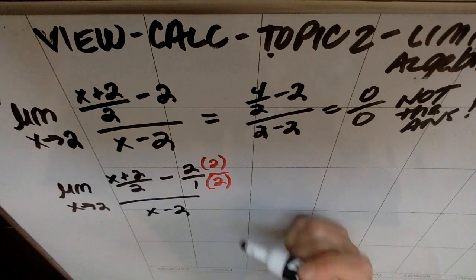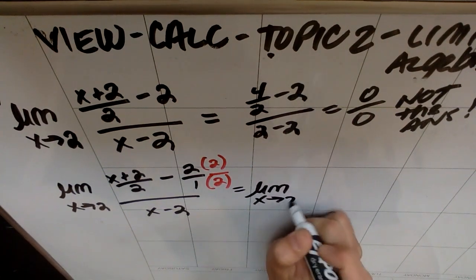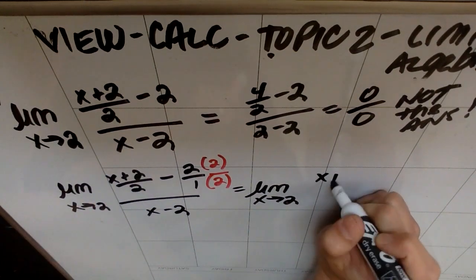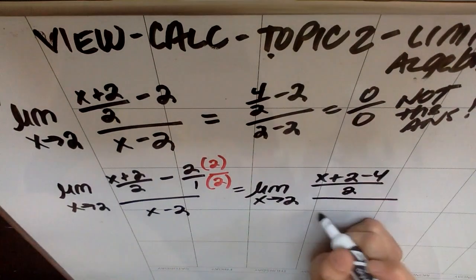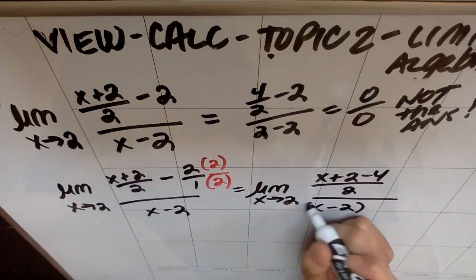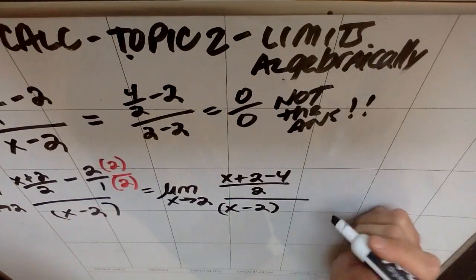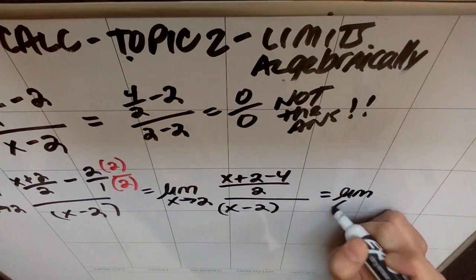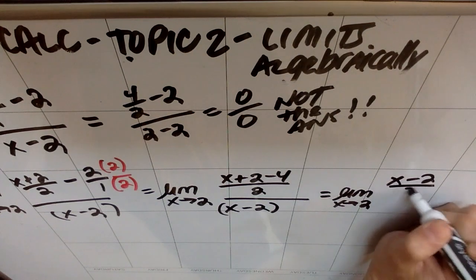Notice I'm still writing limit, because when there are x's, I still need to write limit. It's going to be the limit as x approaches 2. This is now going to be x plus 2 minus 4, all on top of a 2, all over this x minus 2 that's still just chilling. I haven't messed with the x minus 2 at all. When I clean up the numerator, I think that's an x minus 2. So I get the limit as x approaches 2 of (x minus 2) over 2